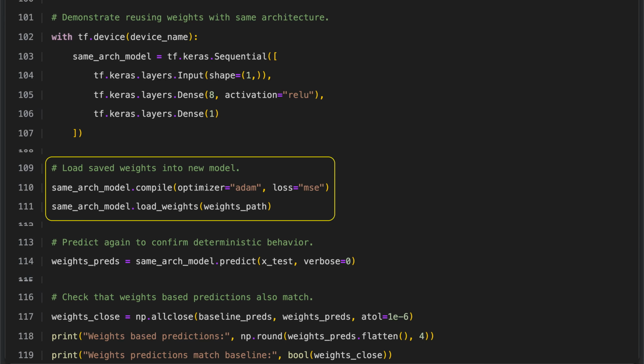The model is first set up for training or evaluation by choosing the Adam optimization method and mean squared error as the loss function, which together define how its weights are updated and how performance is measured. After this compilation step, previously saved weights are loaded into the model. This restores the model's learned parameters from an earlier training run so it can make predictions consistent with the original